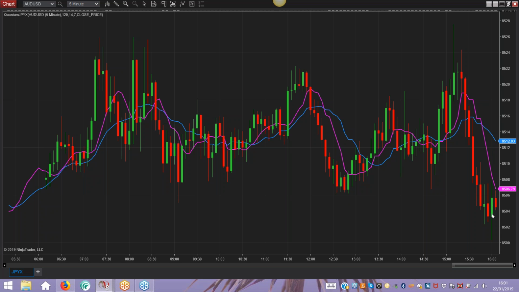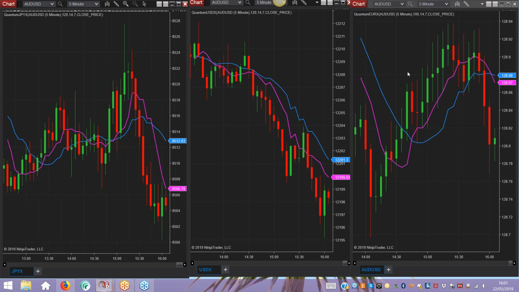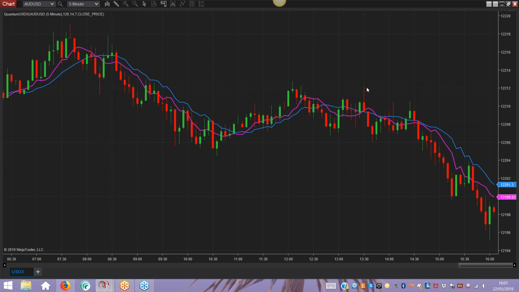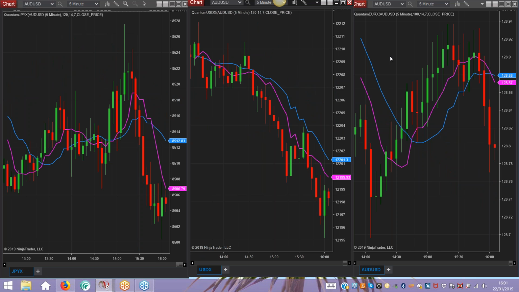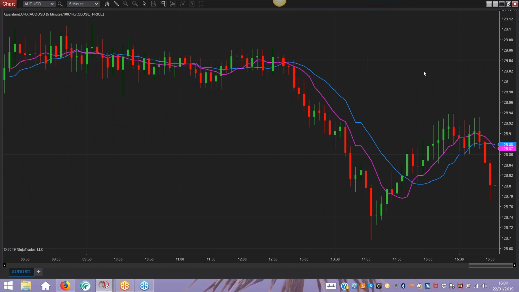And if this starts to break to the downside, in other words, yen selling in any great momentum, then that should be reflected in terms of the indices starting to rally. But again, it's pretty sluggish. Dollar's selling off a bit. That should help. And the euro's had a bit of a rally, has now rolled over again.